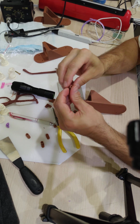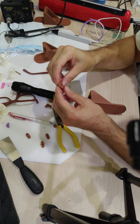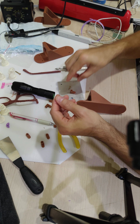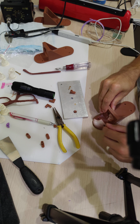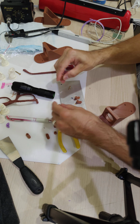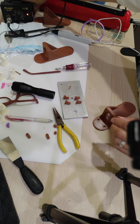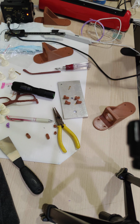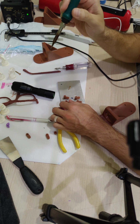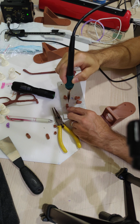So I guess what I've got to do is redesign these. Unfortunately, they're probably all going to break. Or I could try plunging it even deeper. Well, we might as well do it, because they're just going to break anyway if we don't. So I've got 4 more to test here. Let's turn this back on. And this time, basically, I'm going to go all the way down until the tip hits the plate. And it's going to widen out the top, but that's okay,